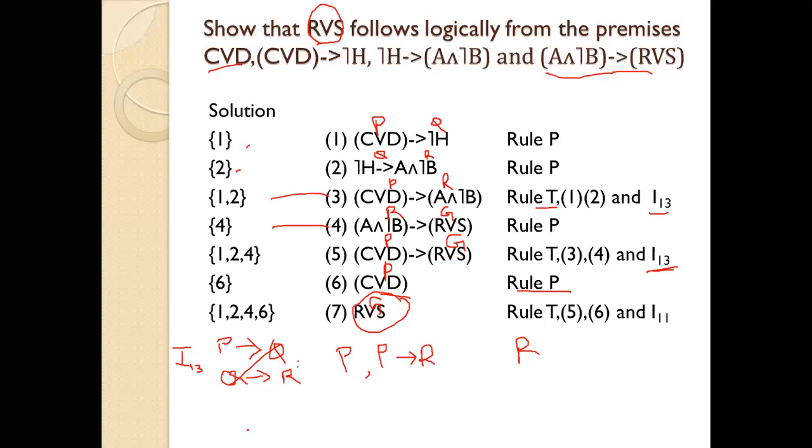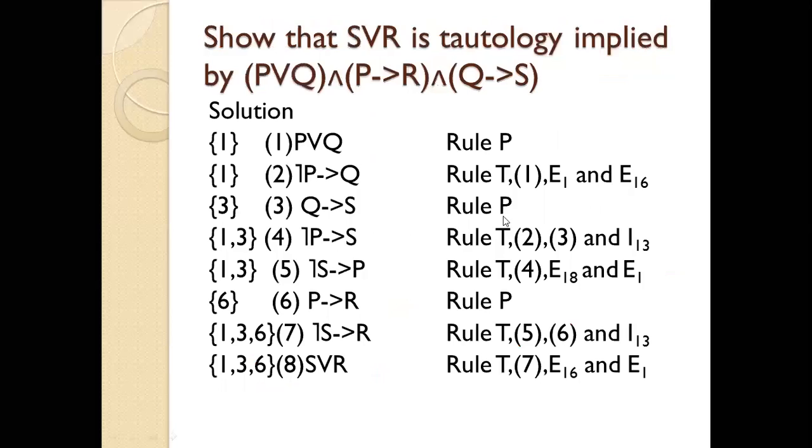Okay. Now let's switch over to the next problem. You have to show that S or R is tautologically implied by the premises given. So again we consider first premise, second premise, third premise. All three are true. You can separate 1, 2, 3 or take them together, because they are joined by and. If all your premises are true, it should logically give you S or R, and it is a tautology. Tautology means all true.